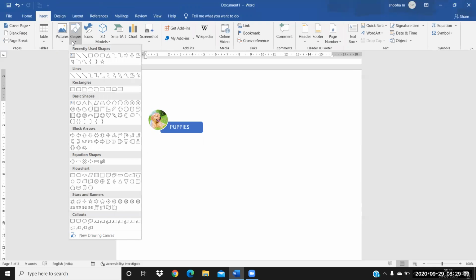So next is the shapes. Here you have the shapes. These are all default shapes available in MS Office in a Word document. You can select any of the shapes and drag it. Okay, so let me explain here.